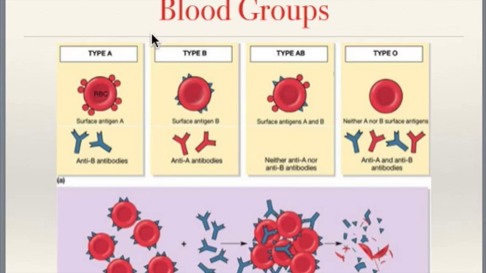Type A blood has type A antigens on the red blood cell. See that? Type B blood has type B antigens on the red blood cell. Type AB blood has A and B antigens on the surface of the red blood cell. And type O blood has no antigens on the red blood cell. Okay, so